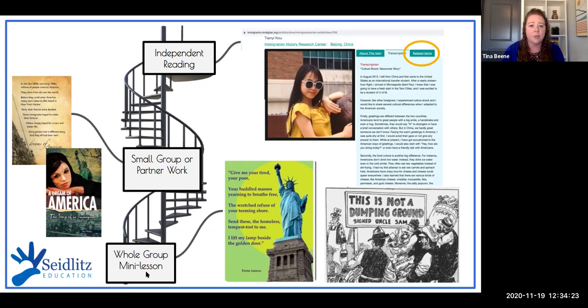I definitely wouldn't let them have an opinion about this issue. I'm not interested in their opinion. Out loud, that is; internally you're allowed to have one, yes, absolutely. But in terms of expressing our opinions about it, I don't even know that I would ever let them unless it was an independent reading reflection that only I was going to read. But I just know that there's some kids who maybe have opinions now that they may not have forever, and they wouldn't necessarily benefit from sharing those with the group.